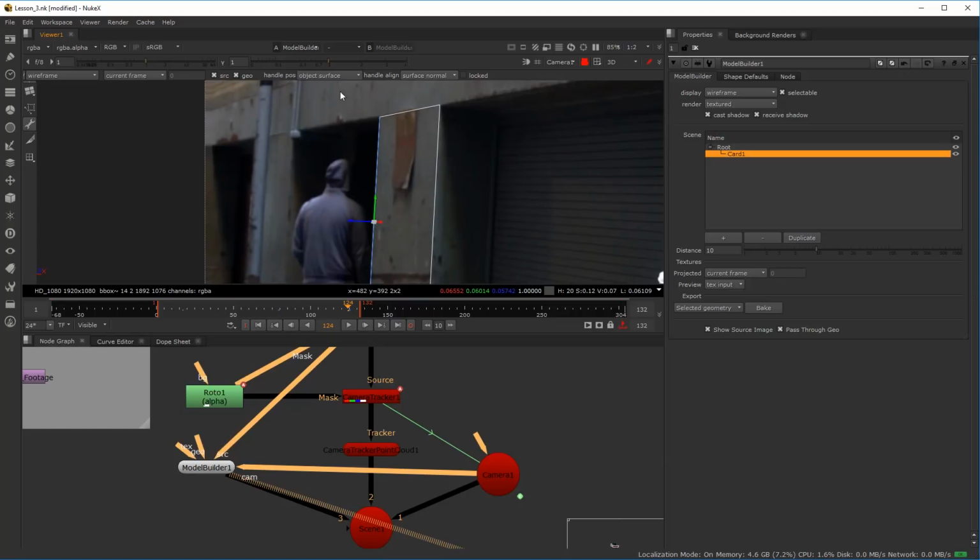There's a couple modes that you can work in here. You can see the handles position and the handles align. So for handles position, you can go from object surface or object center or selected average. Okay. So here you can see object center is by default, object surface, and then with the handle alignment you can either choose object or you could choose world space. So it is totally up to you. In this case I'm probably going to stick with object axes, as you can see,